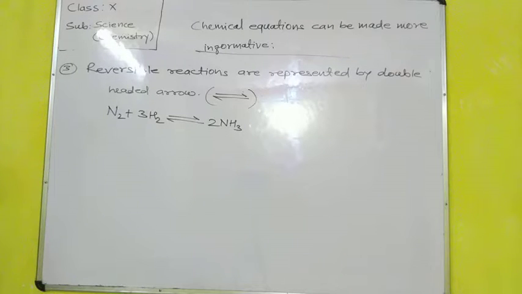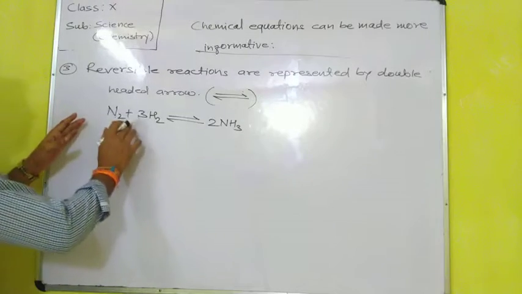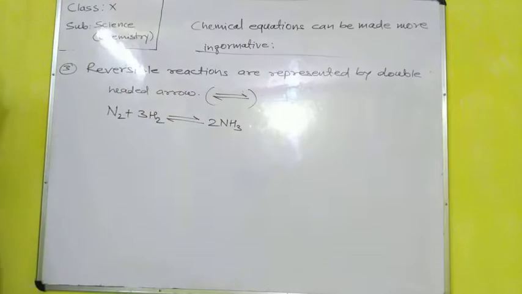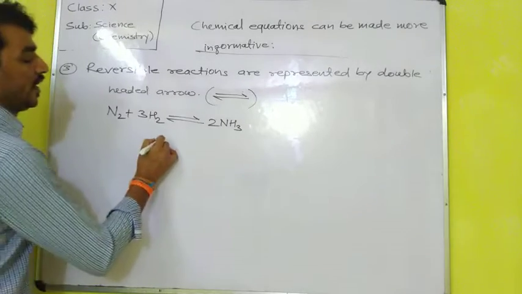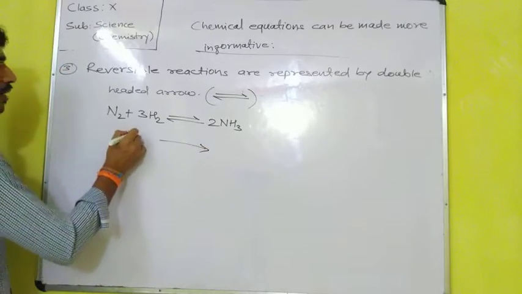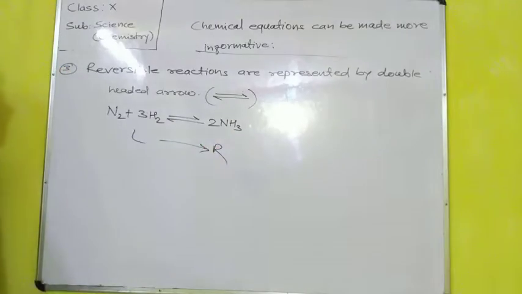Okay, next point, the actual concentration. A reversible reaction is one which can proceed from left to right and right to left, in both directions. That is known as a reversible reaction. And if it proceeds in only one direction, from left to right or right to left, then it is known as unidirectional, single direction.